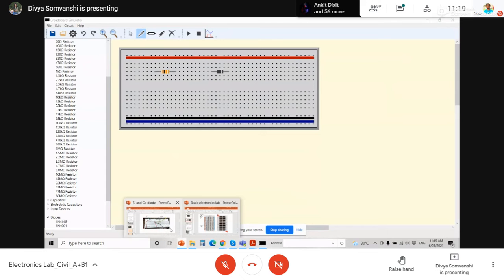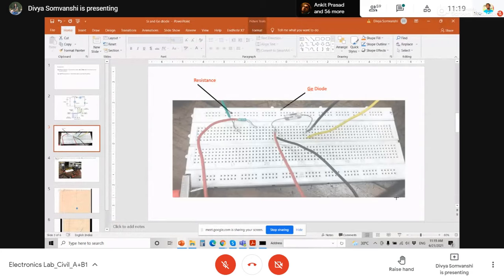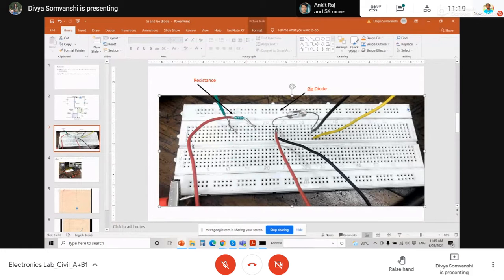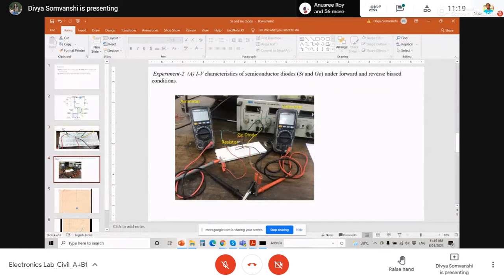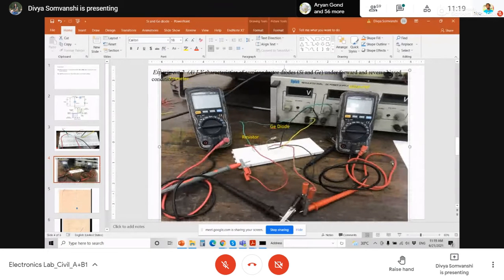So if we go to your breadboard, normally this is your setup. If I draw this, this is your setup, if you can see it. This is your power supply, a DC regulated power supply. This is your voltmeter. Both are basically multimeters, with one black and one red lead. This is the positive and negative terminal. So accordingly, we have different pins that we are going to connect.